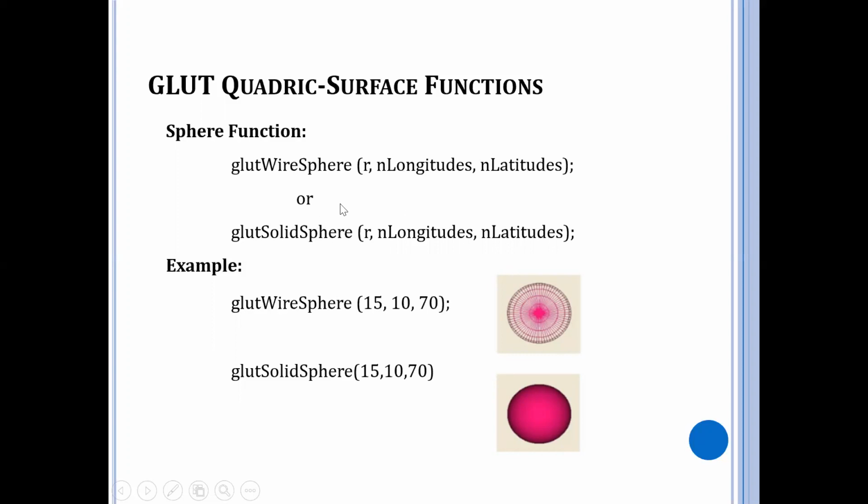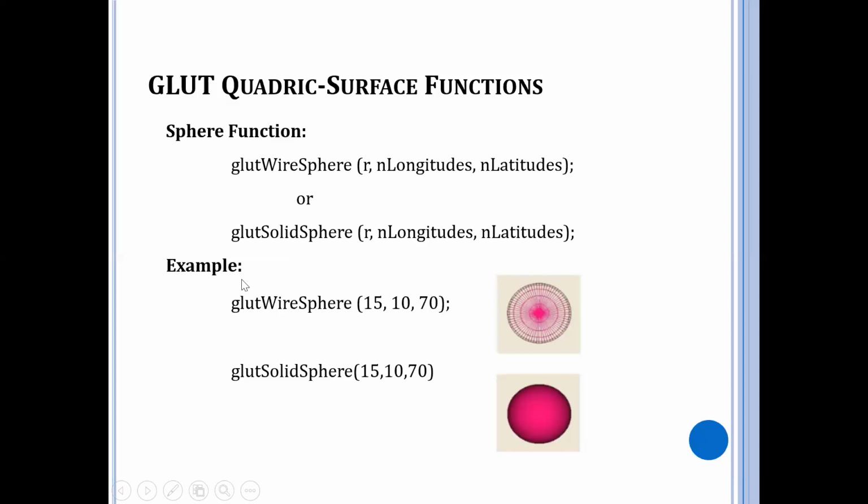I'll tell you what exactly these arguments are, but even before that, the other function that is available for us is the glutSolidSphere. If I want a wired sphere, then I make use of wire here. Otherwise, I make use of a solid. You can look at the arguments, which are pretty much common in both the functions. That means the arguments remain the same, only the rendering or the representation differs, whether I want it as a wired representation or a solid representation.